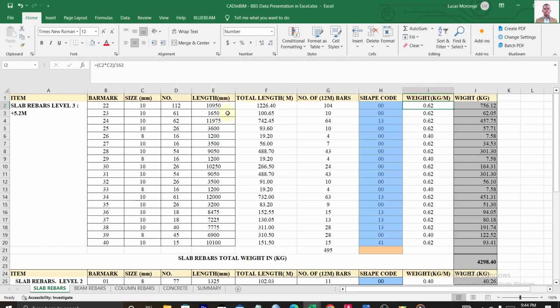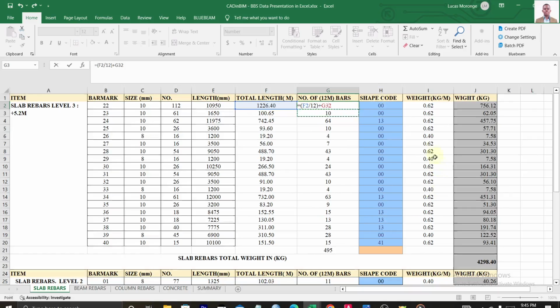You have the length in millimeters, your total length, which is each length multiplied by the number of bars. You can easily calculate the number of 12-meter bars that will be needed by simply dividing the total length by 12. You can simply insert your formulas here, and you just make your work easier. You have the shape code to remind you how the bars were bent. You have your total weight and you have your kg. So with this information,